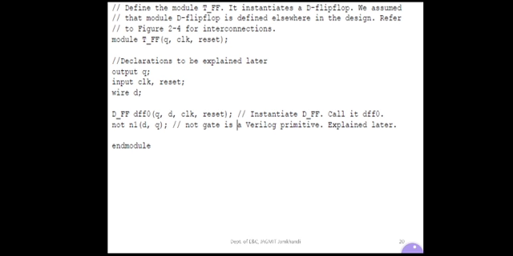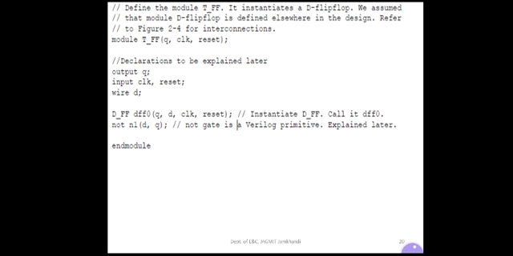So we have assumed that the T flip-flop is designed, but how is the T flip-flop designed? The T flip-flop is designed using the D flip-flop and the inverter. So that also we are going to include as part of the program. Now we should not add this part of the program within the same module. One module cannot be nested here.